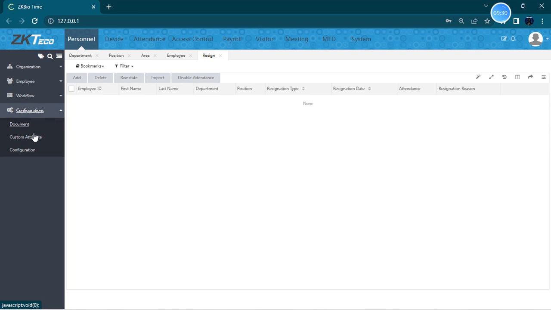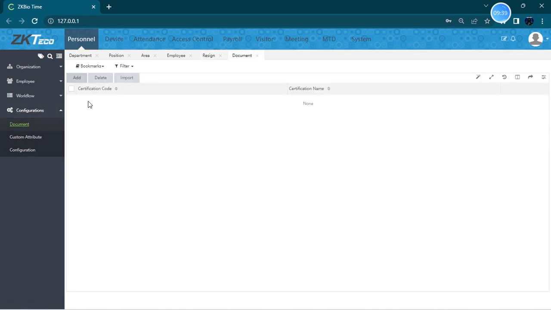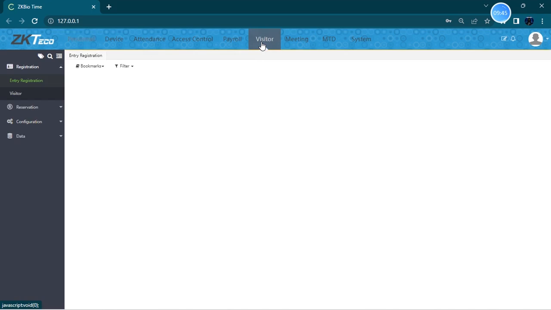So configuration, it has documents, custom attributes, configurations. So first we can go to the document. So here you can see that we need to create a document. This document is used for visitor modules mostly. So if you go to the visitor module,